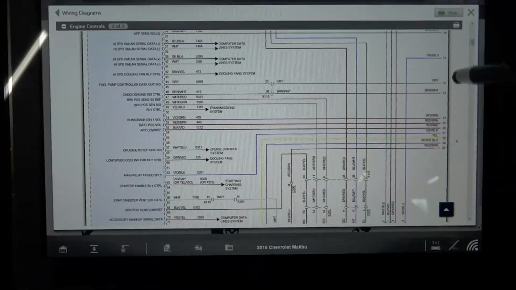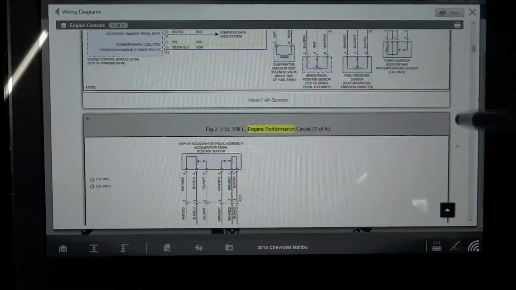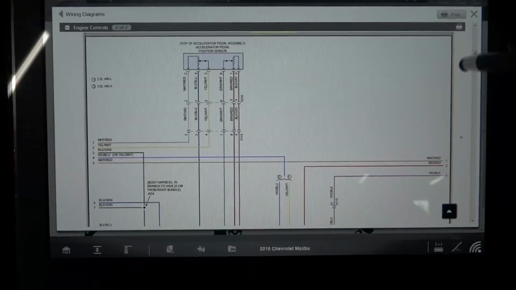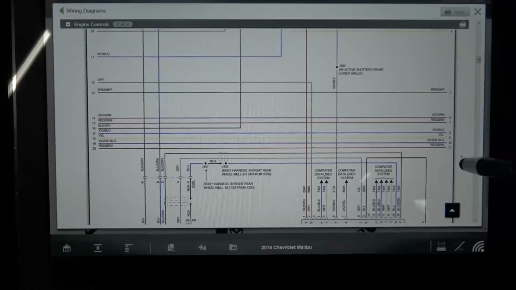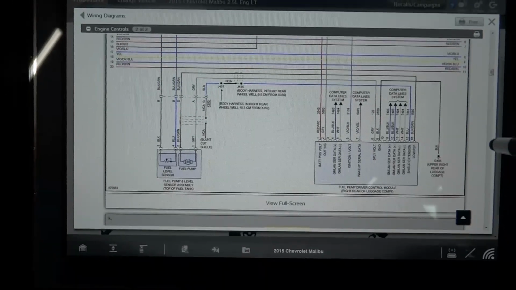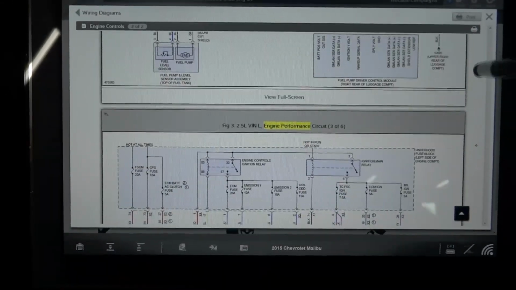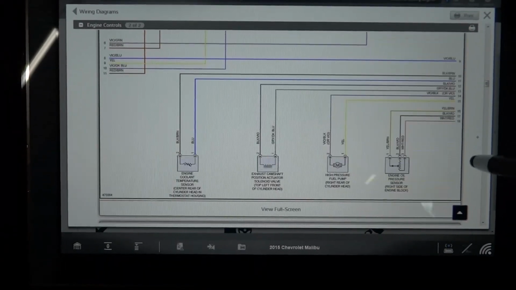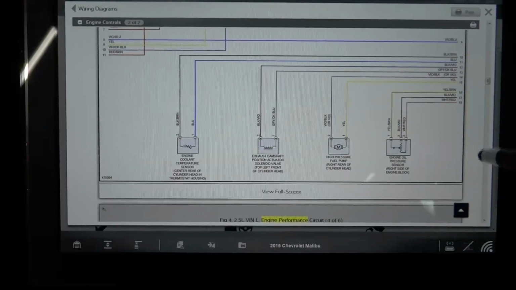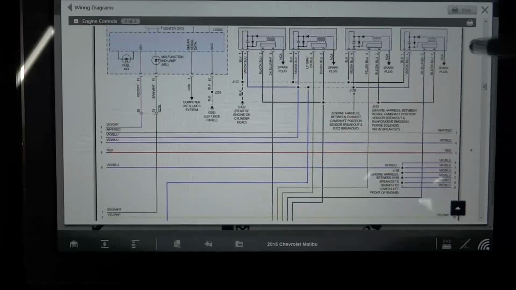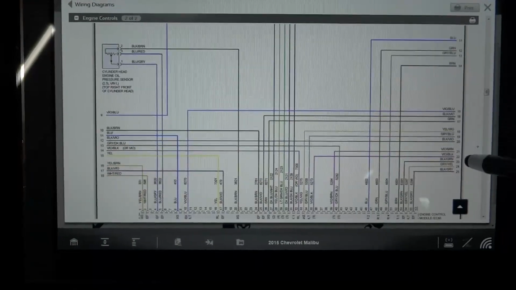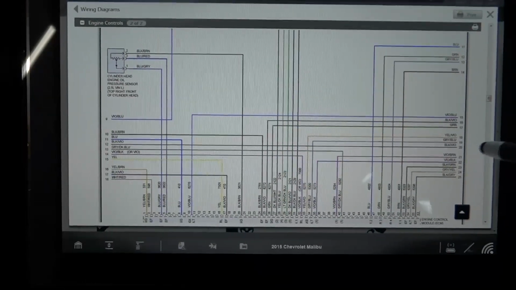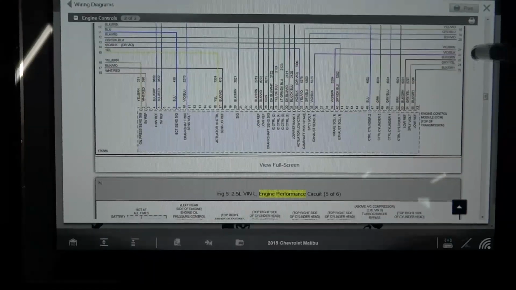I wanted to look at the component testing just to see what the spec is for the solenoid, because we can do a resistance check on it, but the ohm tests can be misleading sometimes, so I don't really trust that test. You can get lucky and get a solenoid that has high resistance, and once you connect your ohm meter to it, you can see it really easily, but sometimes you can't. So let's see if we can find